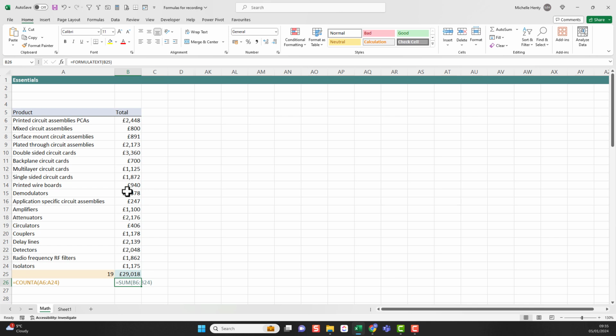Enter. This is why you need to be familiar with your data and have it laid out in a certain way. You don't really want any gaps, or if there are gaps in data, just be aware of them so you know that if you do an auto sum function like that, it might not give you the results that you want. If you just look on my best practice video, I'll have the ways you want to lay out a table so you prevent some of those errors. So just here, if I delete one of these, and let's just delete this, and I were to do auto sum again,